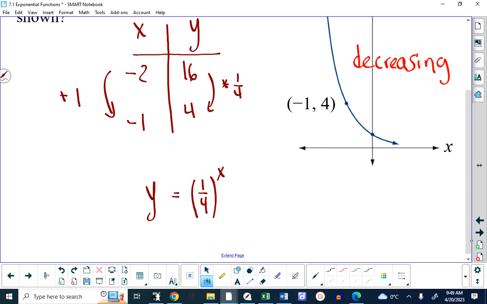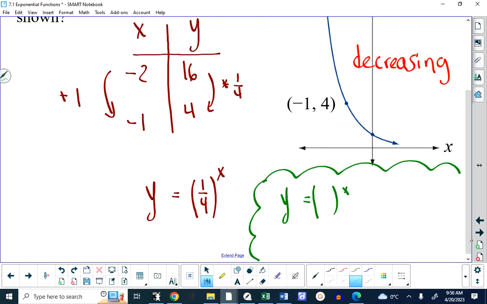This bit of business that I'm going to talk about here is not part of the question, but it might become part of the question on an exam. This function is y equals 1/4 to the x. But 1/4 is 4 to the -1. And you're taught, back in grade 9, maybe grade 8, I don't know, that